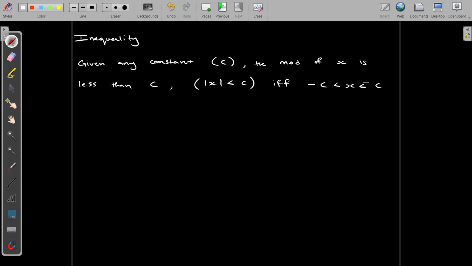So let's look at this. This is saying to us that given any constant c, the modulus of x is less than this constant if and only if the value of x ranges between the negative of that constant and the positive of that constant. So what this is saying to us is,